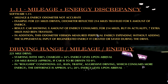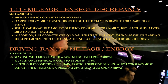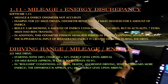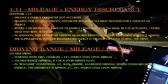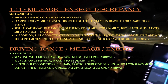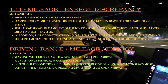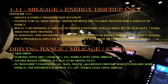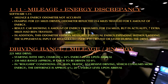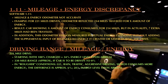On version 1.11, the energy meter that you had on the odometer was wrong, both because the mileage was wrong, so it can't know how much energy it used. It thought it drove a shorter distance than it actually did, so it looked like the car was greedier than it actually was. Plus, on that meter, from what I understood from a mechanic, it did not add in the regen that you get from driving downhill or slowing down. It only calculated what you sucked out of the battery, not what you put back in. I believe that is why